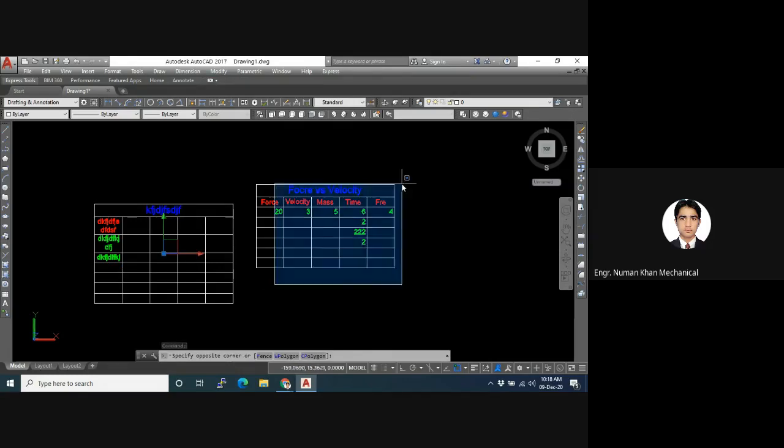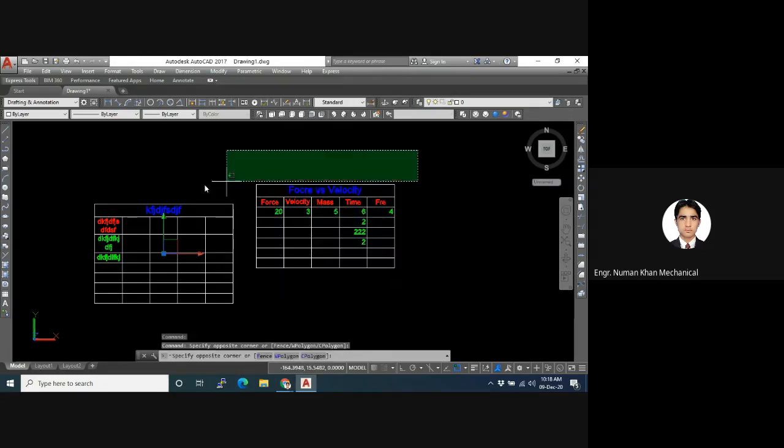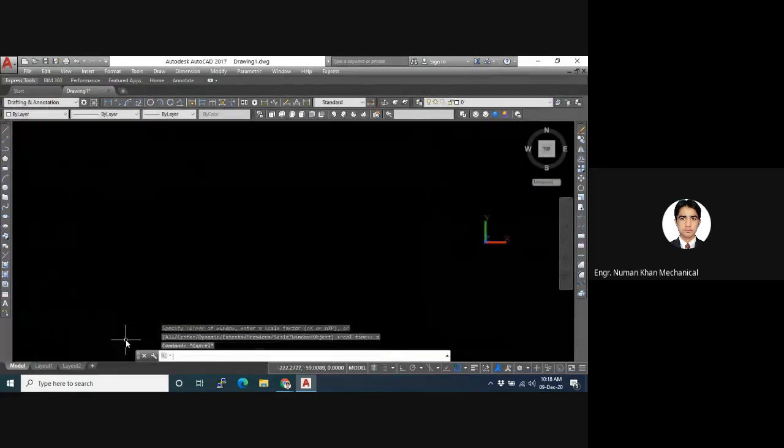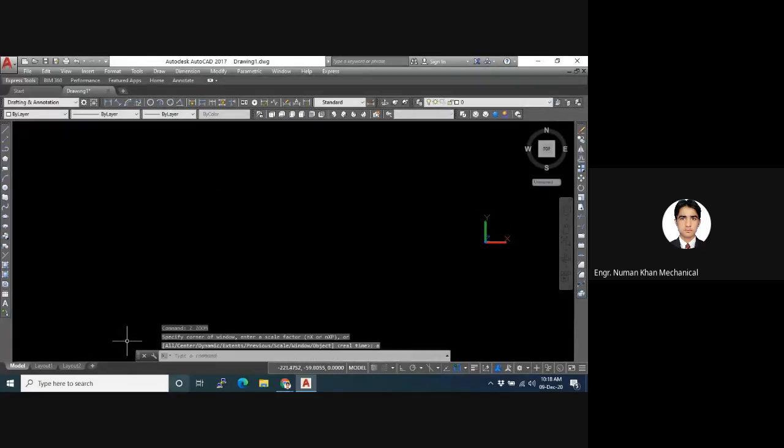इस तरह के टेबल्स, अब हमें टेबल्स इंसर्ट करने पड़ते हैं कुछ वैल्यूज को शो करने के लिए या कुछ प्रॉपर्टीज को शो करने के लिए। उसके लिए हमें टेबल्स इंसर्ट करना पड़ता है। इस तरह के टेबल्स हम लाइन कमांड से या रेक्टेंगल कमांड से बनाएंगे नहीं, हम इसको डायरेक्टली ही इंसर्ट करेंगे।